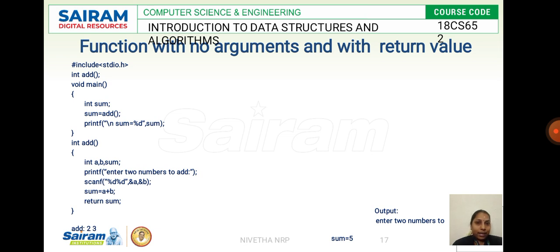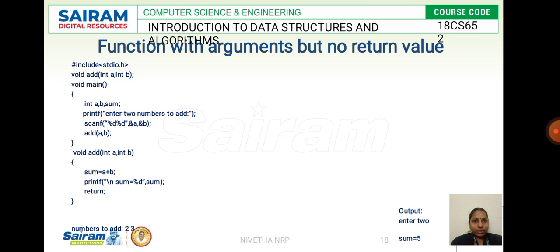You have int a, b, so again you're going to get the values and it is going to return the value of both a and b to the main function. That is why you're not going to give any arguments here, but you're going to return the value to the main function. That is an example of a function with no arguments but with a return value.